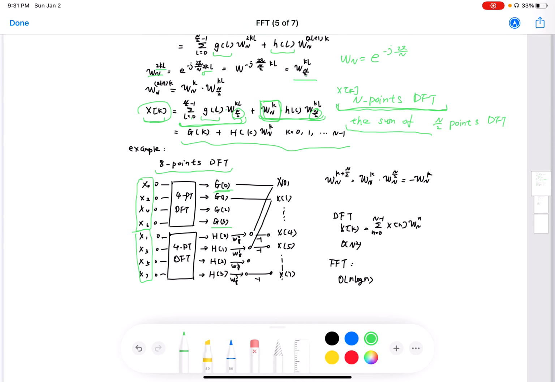Then we can use J0 plus H0 times omega 8 to the power of 0 and get X0 here. And because